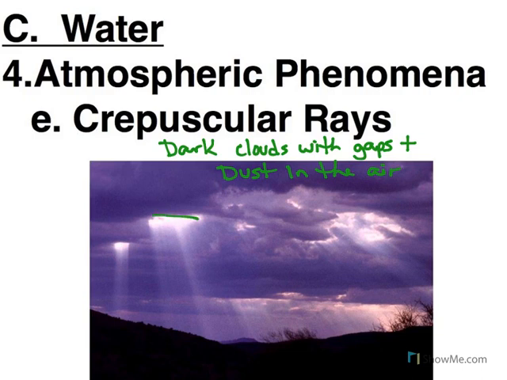So those gaps let the sunlight through. The dark clouds provide the contrast. So you've got contrast of the light and dark. And then the dust particles are what reflect the sunlight